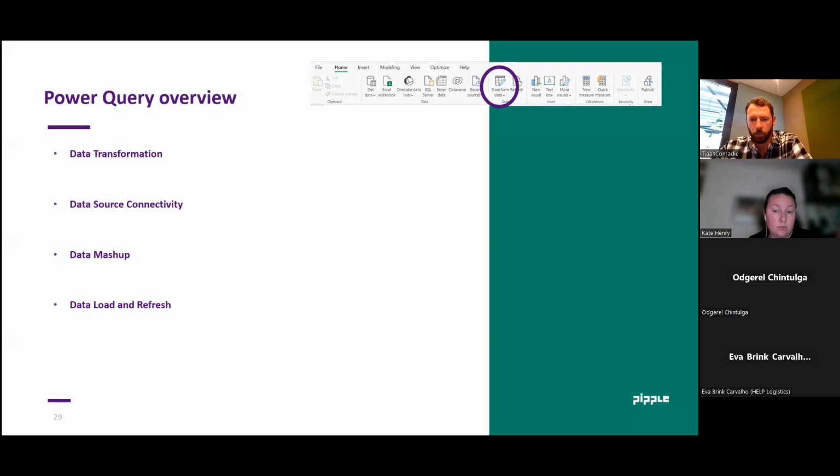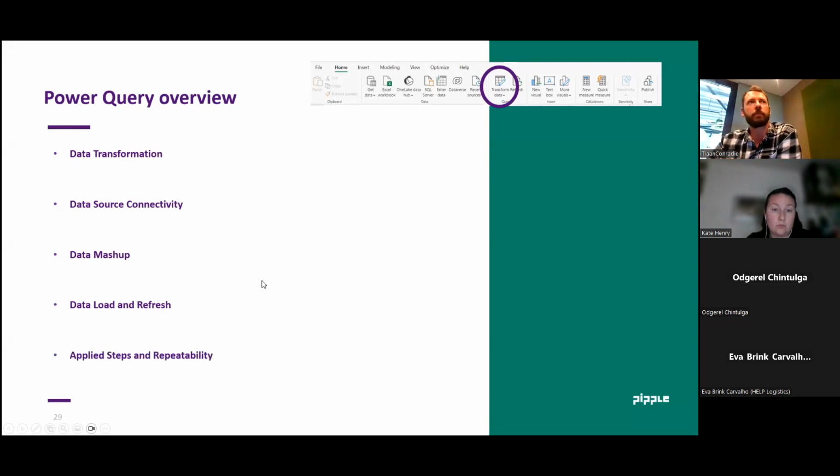And like mentioned, it supports data loading and data refreshing. So we have a static data set. Our data set isn't going to change between now and 2 hours' time. But sometimes you will make use of a more dynamic data set, for example, when you are creating Power BI dashboards by making use of an SQL database. In that case, you might have to do some configuration that allows you to refresh your dashboard so that your dashboards are always up to date with the latest information, or at least what is within the requirements of